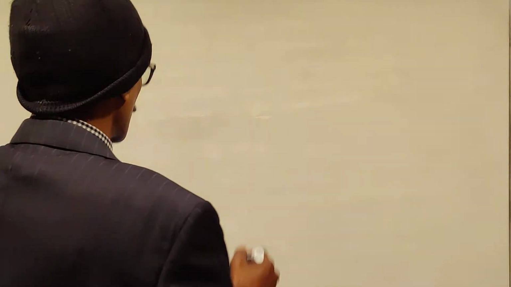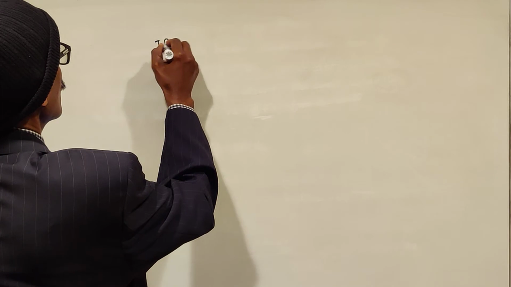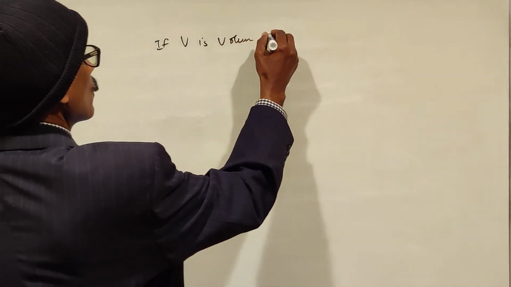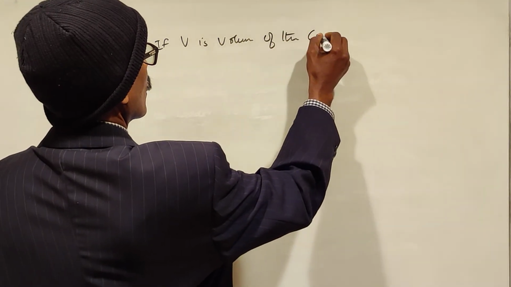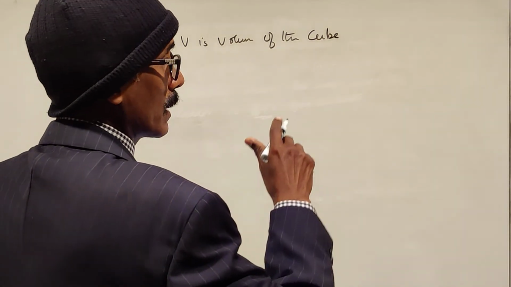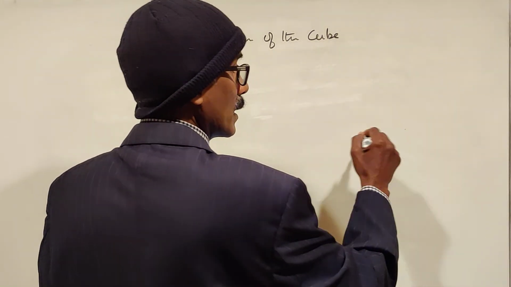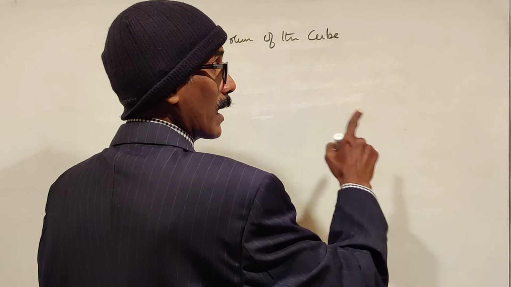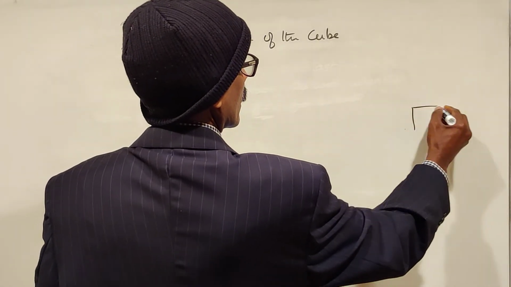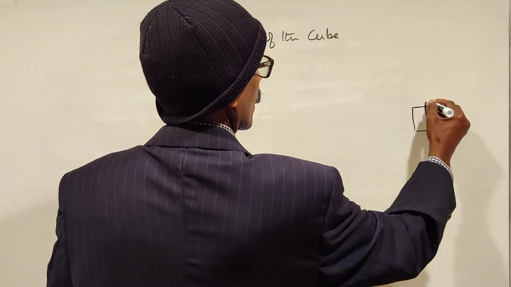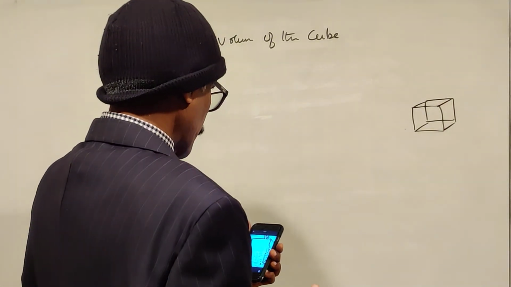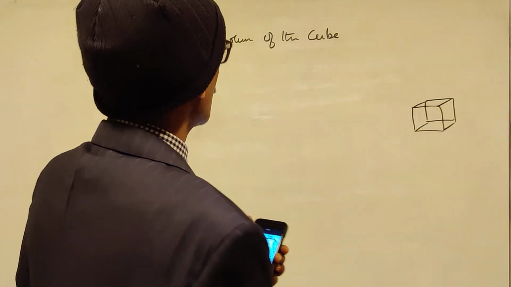If V is the volume of the cube, what is the meaning of cube? Cube is a box of equal length, breadth and height. It's like this, this is a cube. If V is the volume of a cube with